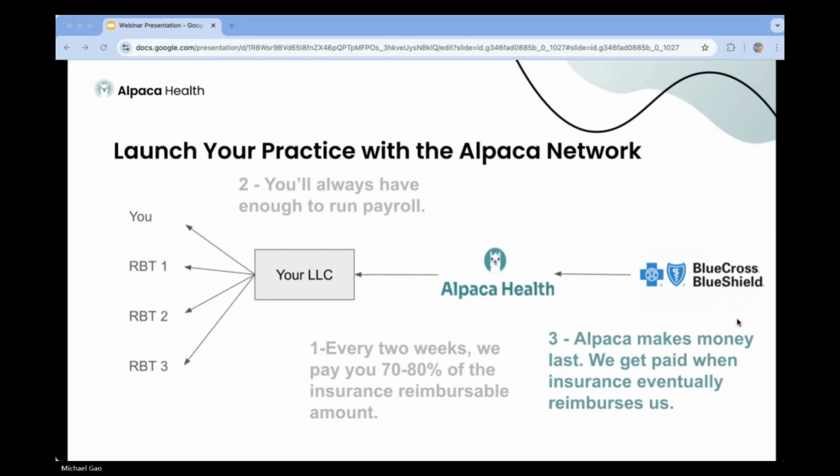Yeah. And then Amy's question about paying mileage reimbursement. I think the mileage reimbursement thing is good, but it's not always perceived by people as being as big of a benefit as it actually is. And just a quick note, your RBTs that are coming into work for you, I'm assuming you're doing in-home, if you're dealing with mileage situations,